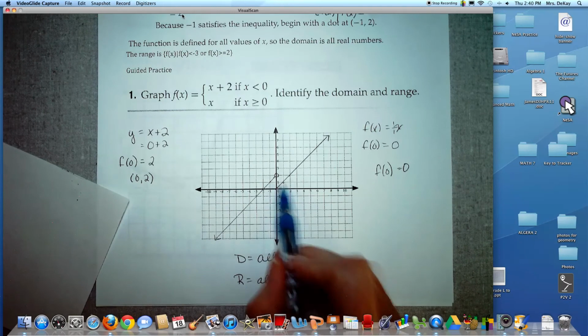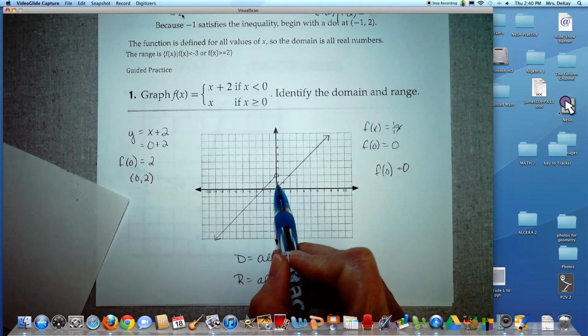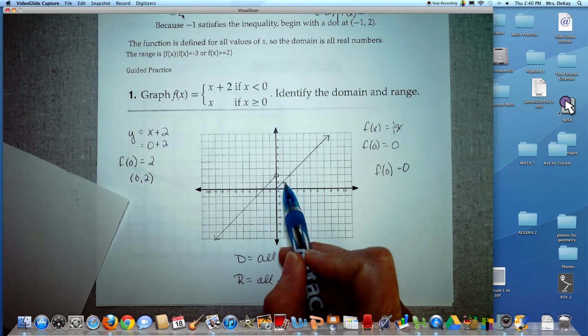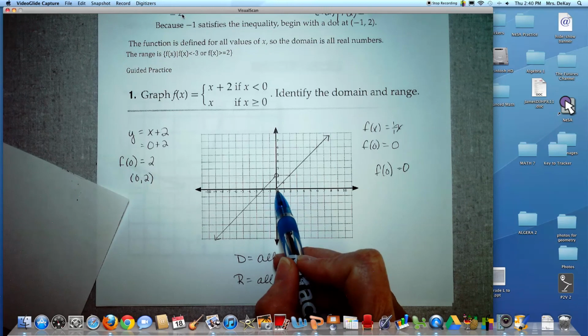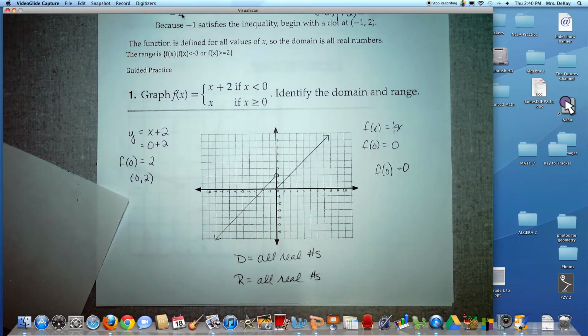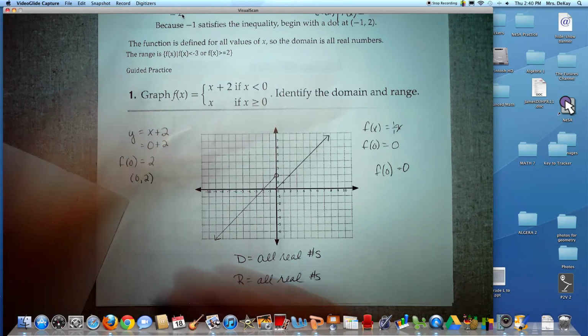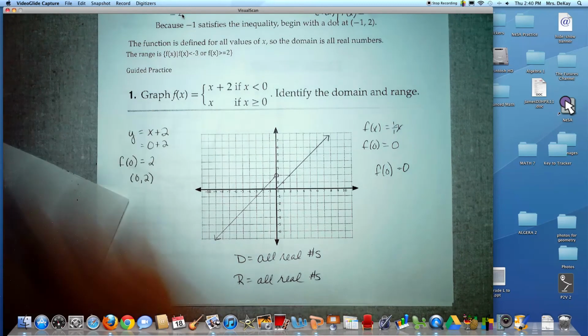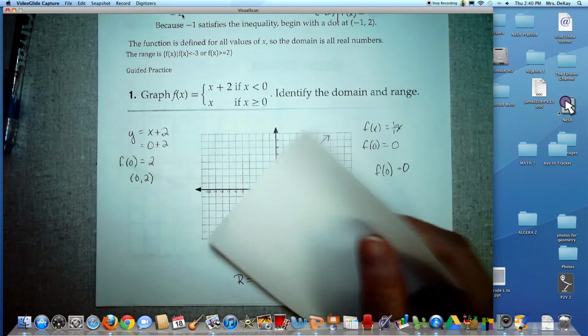Wait, at 1, y is either... Oh, there's no graph, I shouldn't say that. Yes, when y is 1, x is either -1 or 1. See, so I'm kind of confused there. Oh, okay. So that's why there's no gaps, because they kind of run beside each other. What do you mean there's no gaps? Yes, there's no gaps because if I'm looking at this function,